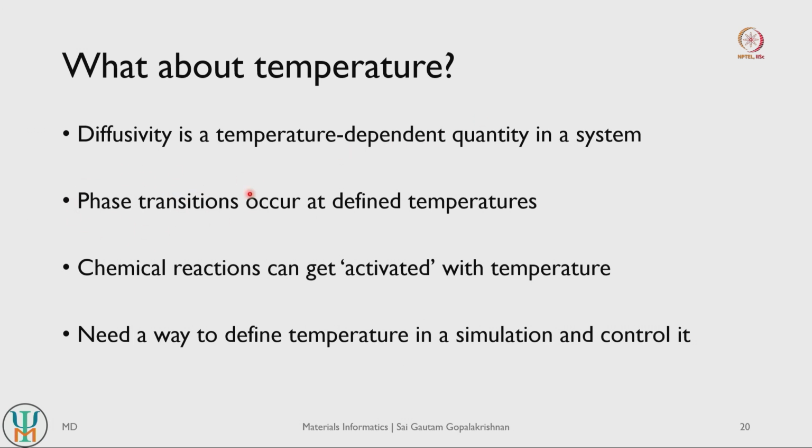Second thing is, if you are interested in simulating phase transitions, right, phase transitions also occur at fairly well defined temperatures. So if you want to melt a solid and if your simulation is occurring at 0 Kelvin, maybe you are not going to melt the solid at all, right. So unless you find a way to set your system temperature to be higher than the melting temperature of your solid, the solid is likely not going to melt during your simulation. So we need to once again introduce temperature in some way within our molecular dynamics.